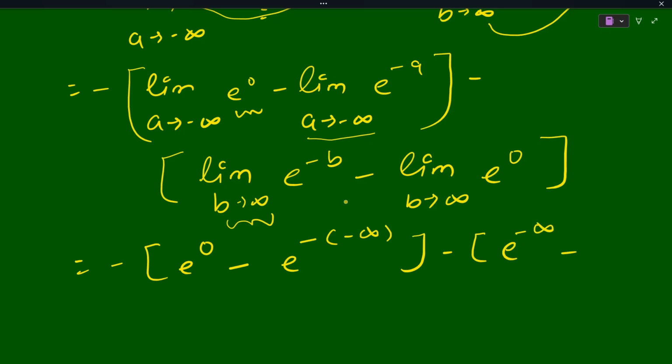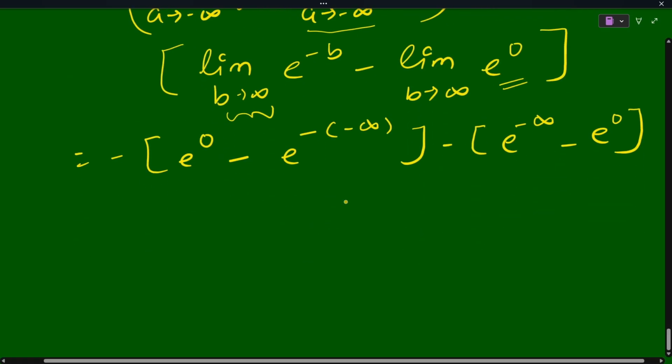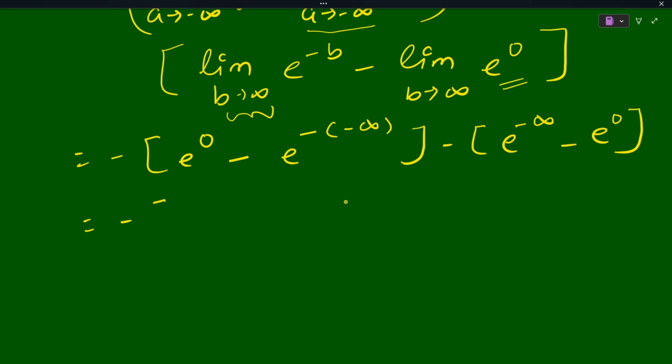Then here see this is limit b tends to infinite e to the power 0, so there are no b terms here, so I can simply write this term as e to the power 0. Now to solve these things, see what is this value, e to the power 0, here we will use the general formulas. Okay, before that I'm just simply rewriting this thing, just minus minus plus. Okay, then this one is minus infinite,